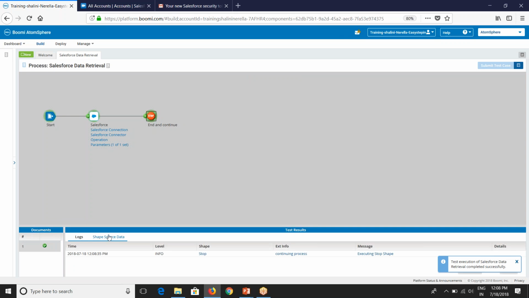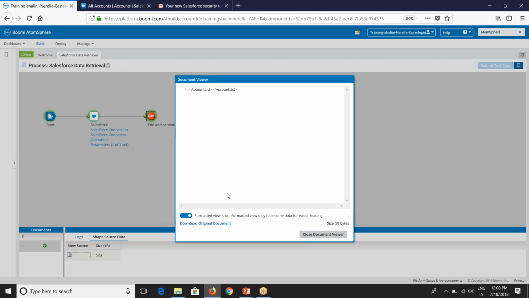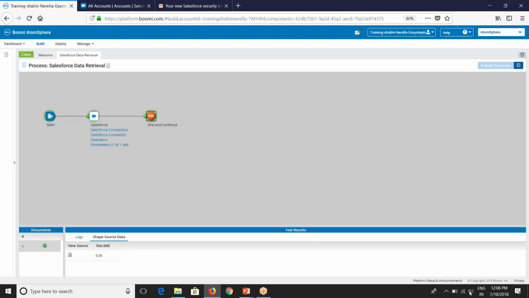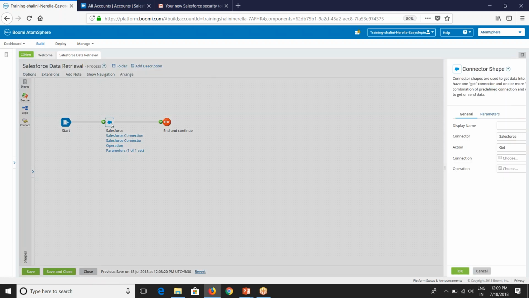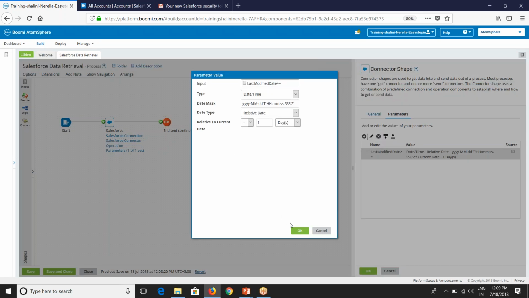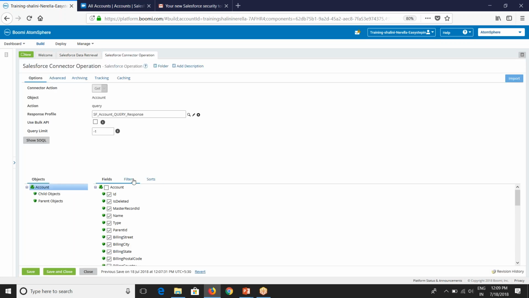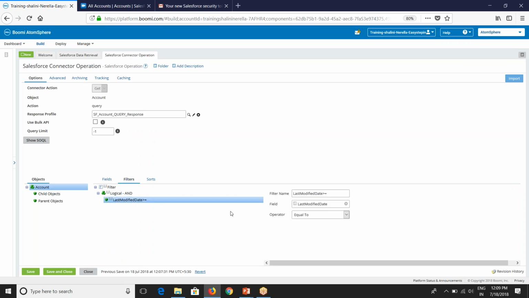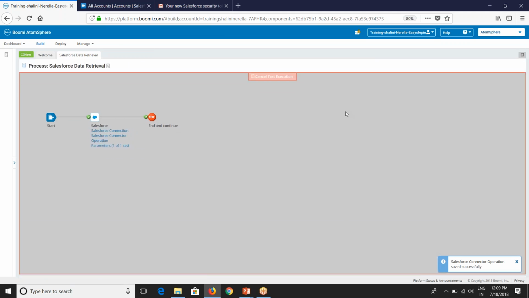So now if I see here, I'll be able to see only that one particular record that has been modified. So this is under accounts list. So this has not retrieved, so we have done something wrong here. For parameters list, relative date -1. And if I go into operation, the filters. So okay, here this has to be greater than or equal to, right? So I need to modify that to greater than or equal to. Now if I execute this,